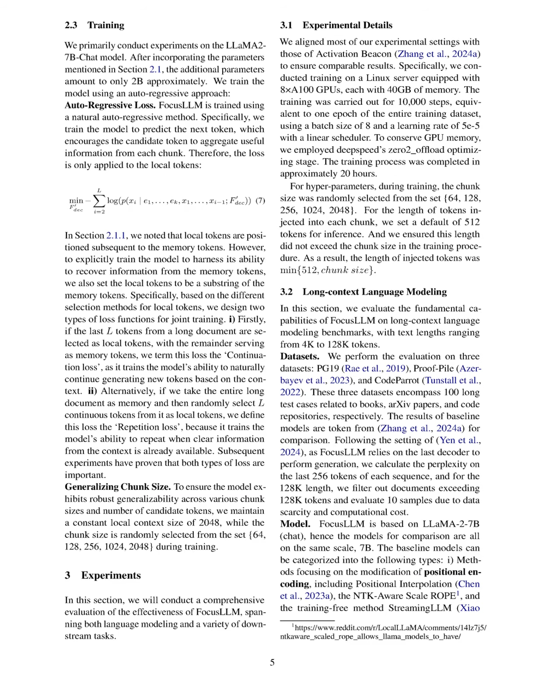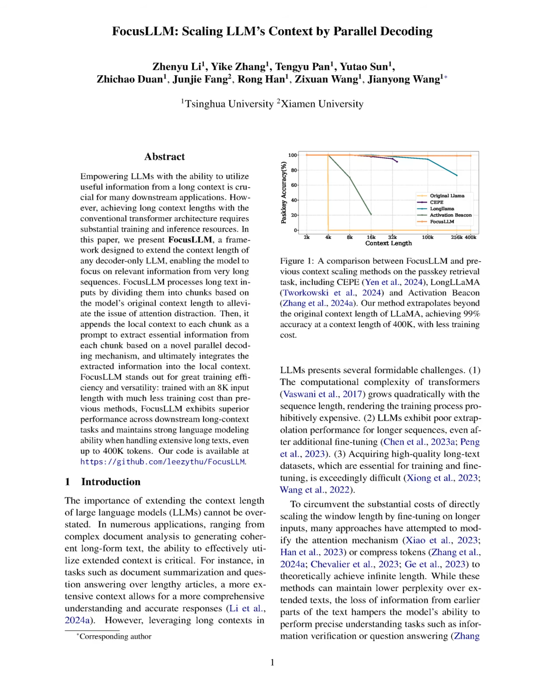The combination of these two loss functions is essential. While continuation loss enables effective generation of new tokens, repetition loss ensures that the model can recover and utilize global information from earlier parts of the text. This dual approach allows FocusLLM to maintain a balance between generating new content and accurately reflecting the context, thereby enhancing its overall understanding and reasoning capabilities on long sequences.